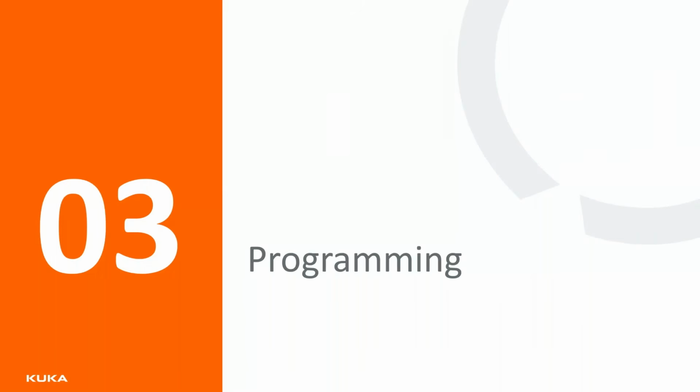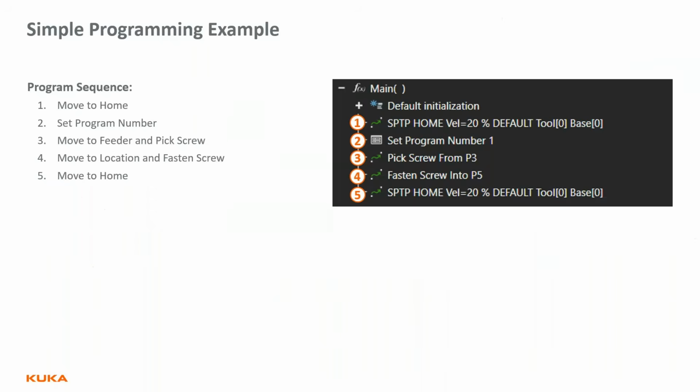Now let's discuss robot programming for screw fastening applications. Let's consider a simple program. This program instructs the robot to start with a motion to the home location, then set a program number on the screwdriver, then move to pick a screw from the screw feeder. After picking the screw successfully, proceed to the workpiece to fasten the screw there, and then finally return to the